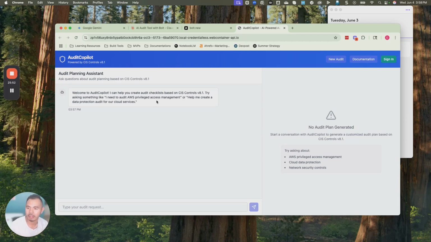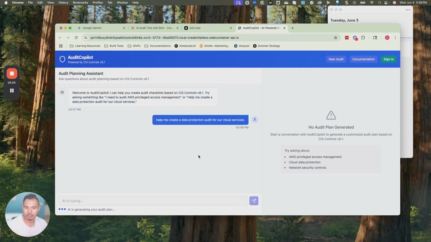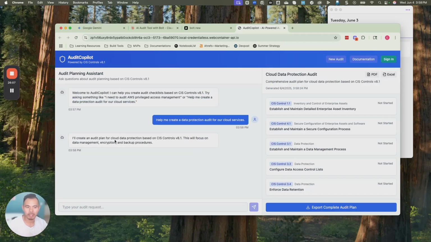All right. So let's go ahead. I'm just gonna copy this for testing purposes to see where we're at. I'll create an audit plan. Oh, look at that. So it created an audit plan based on data protection. It's talking about asset inventory, maintain secure configuration process,